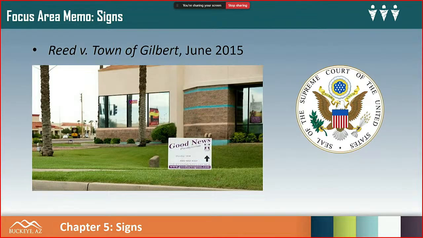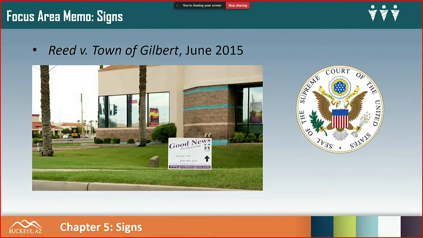For each of these categories, they had different rules: where they could be placed, how long, what size, and so on. After a long series of lower court decisions, it finally made its way up to the Supreme Court. And the Supreme Court determined that the Town of Gilbert's sign code regulations were content-based.